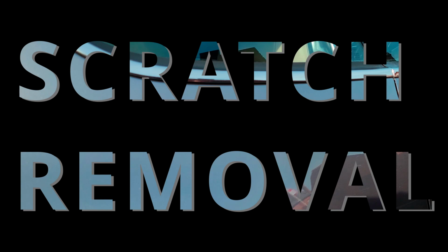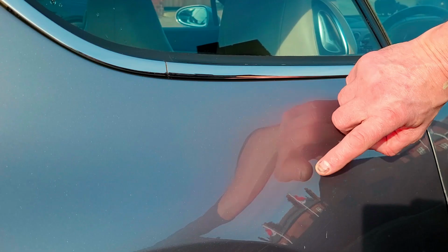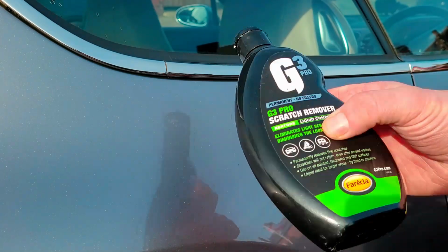So I don't know if you can see this, but we've got some fairly minor scratches here. There's one here and one here, and there's one going across there, which I don't know where I've picked them up, but it could just be clothing getting rubbed against it, or maybe when I've been cleaning it even, it could have happened. Now, I used to use this in the trade,